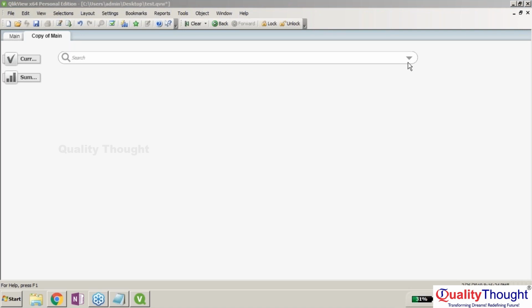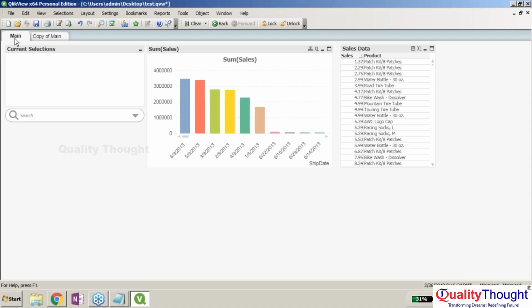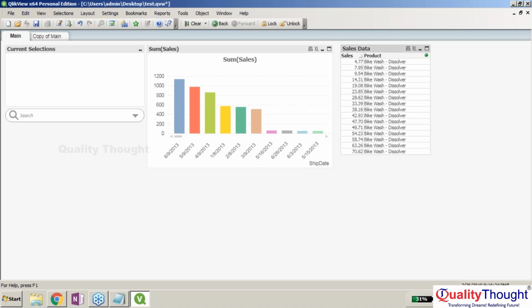Almost whatever that you are going to make is a selection. All the filters act as selections, and filters and everything is the same here. See, I want to select the bike wash. So still you have something called the filters again. See, whenever you select the bike wash, you're getting